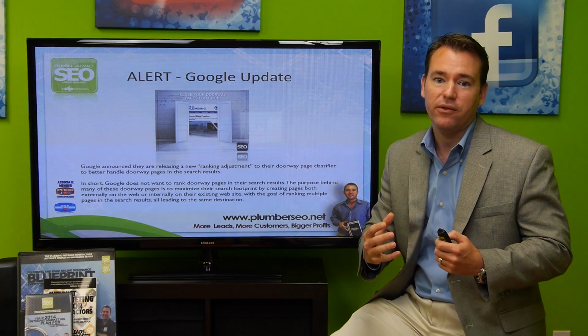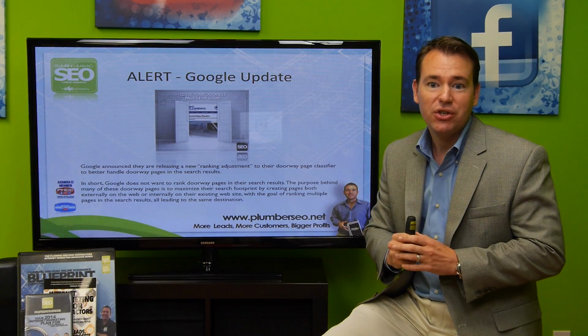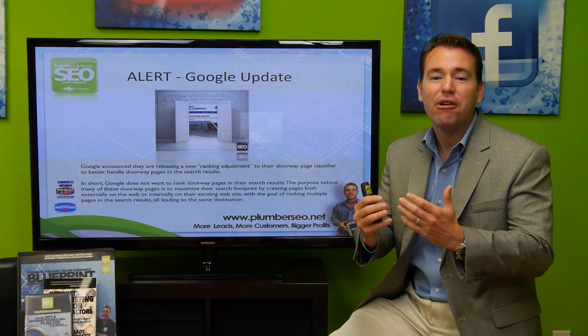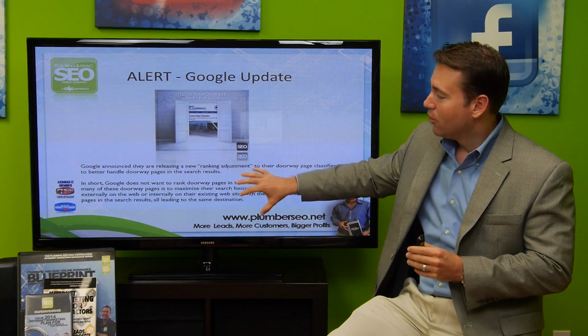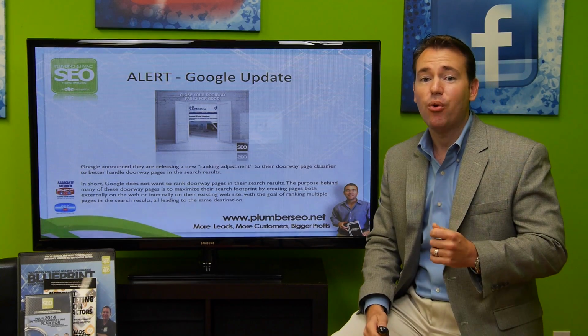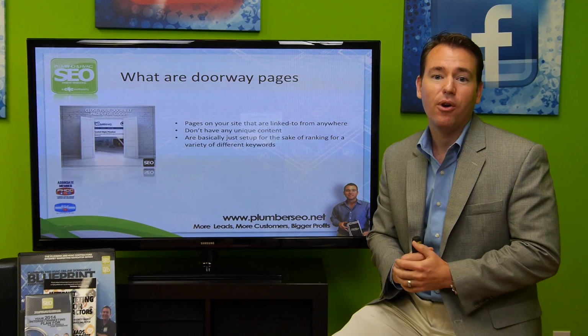of doorway pages. Google announced that they're releasing a ranking adjustment to doorway pages to better filter out pages that are nonsensical and not adding any value to the internet. Now, it's not important that you know all the verbiage and all of the details about doorway pages, but it is important that you know how it relates to your SEO strategy, especially if you've been following some of our